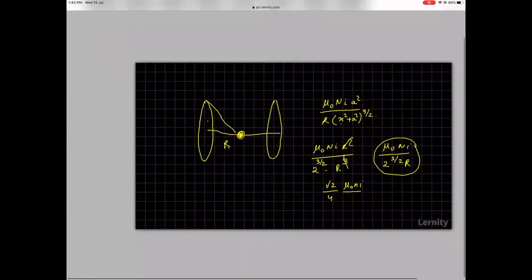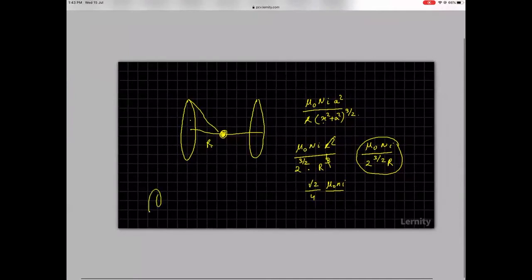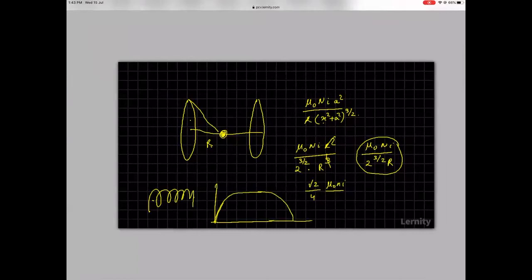Okay, so I am saying that the end effect, if you take a solenoid like this, the magnetic field of the solenoid at the end will be low. As you go towards the center, it goes to a high value, and then towards the other end, it reduces. So we try to use the solenoid at its center, so that you get a uniform magnetic field.